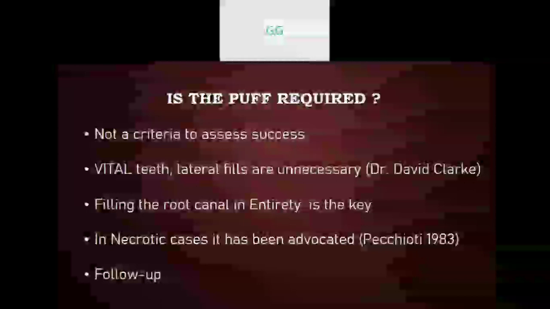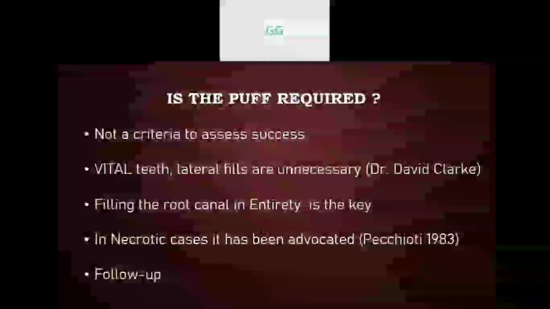But if it is aimed at during the prior planning of the treatment that we want to create an apical puff, that is not how the preparation and obturation was taught by Dr. Schilder. So this is not something to be aimed at on a pre-treatment basis. This is a consequence of 100% and entire filling of the root canal system. So that is why it is not such a necessary or important thing to be detailed while treating our patients.